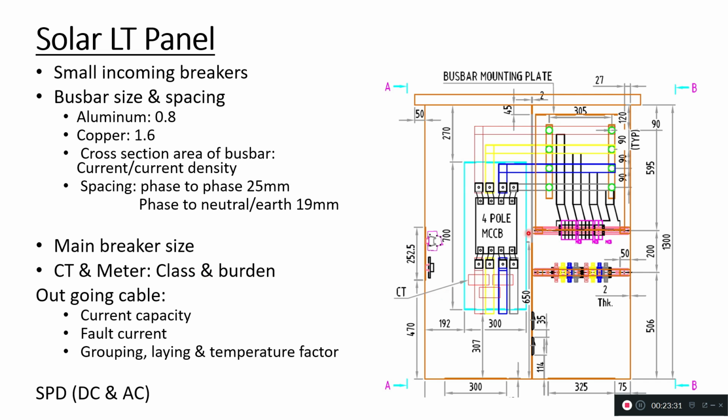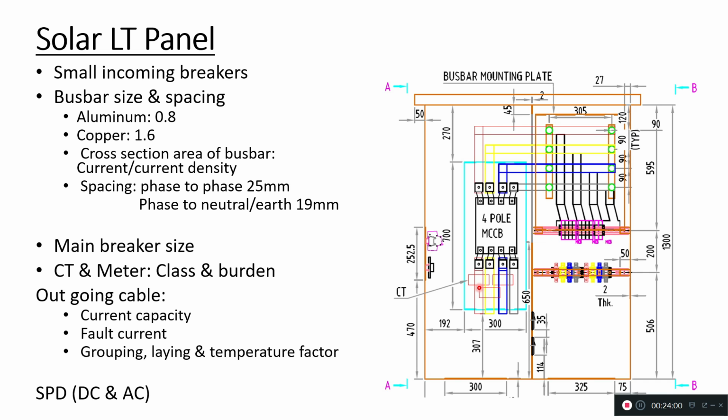Now you can take one more thumb rule: as your MCCB is of 400 ampere, your CT will be 400 ampere by 5 ampere or 1 ampere, depending upon which you are choosing for your system. This is one point. Then talking about accuracy, for measuring purposes you can use class 1 to 0.5 to 0.2s.